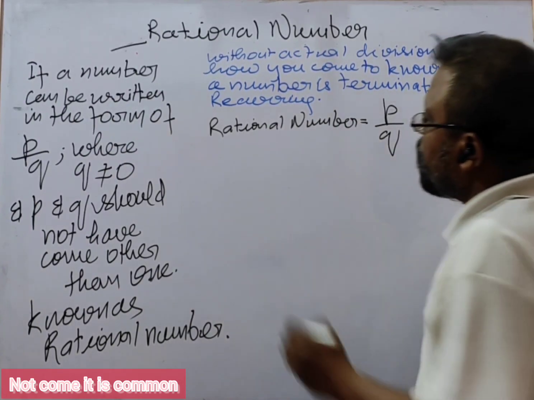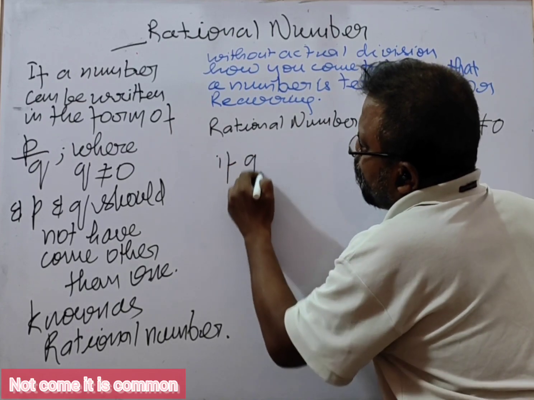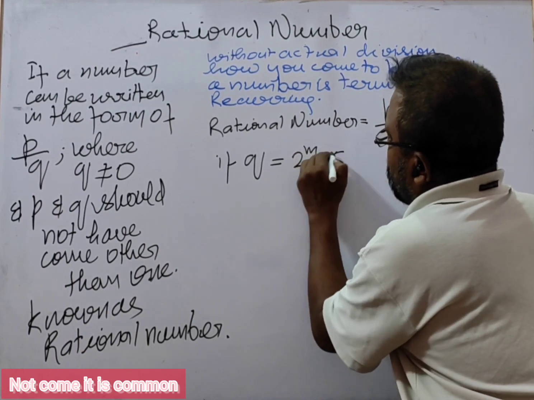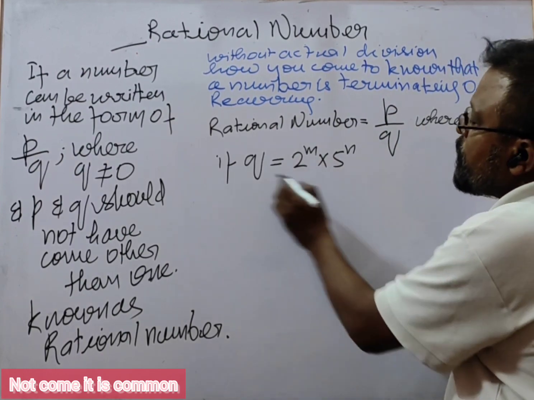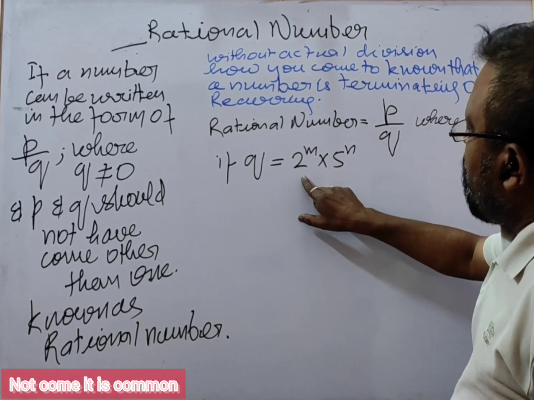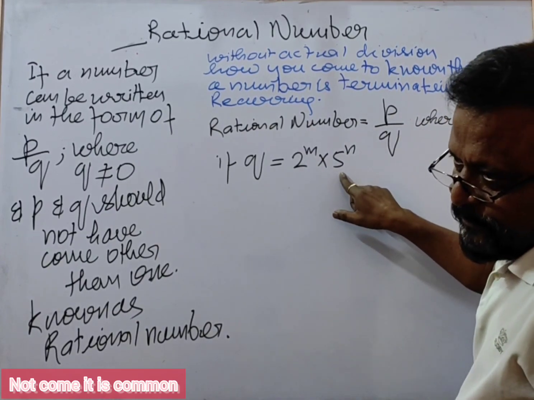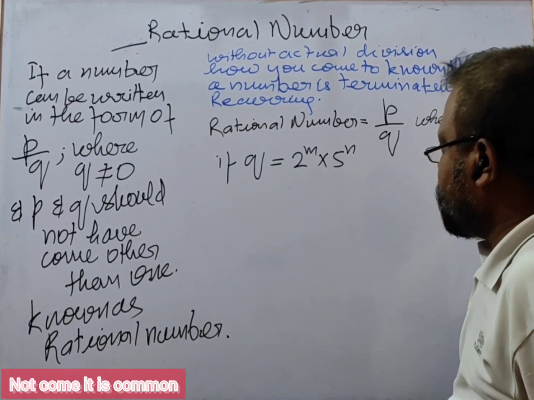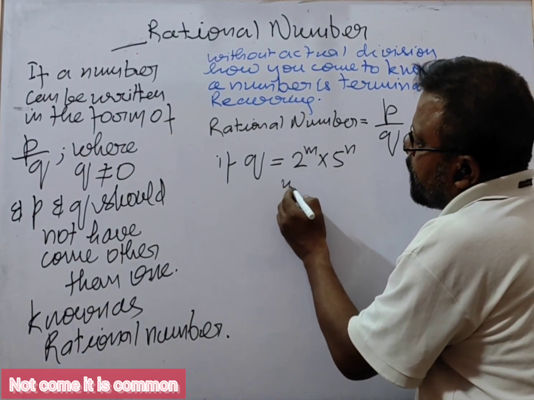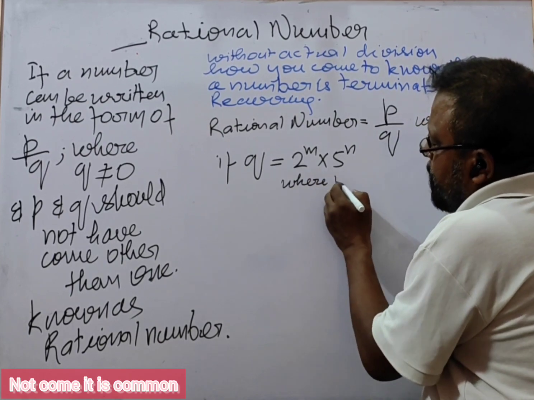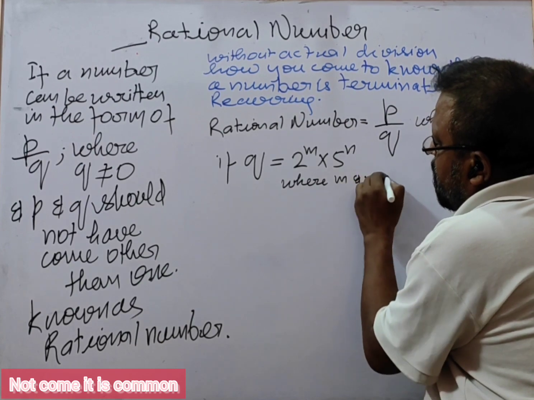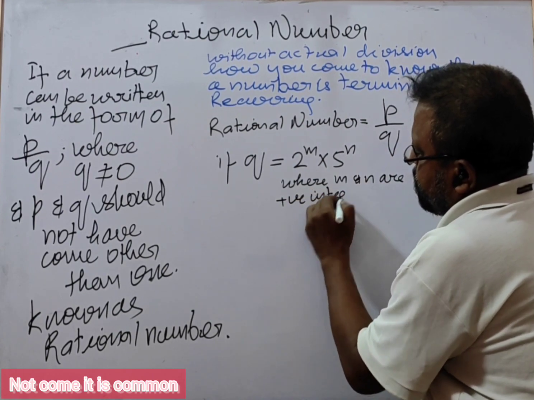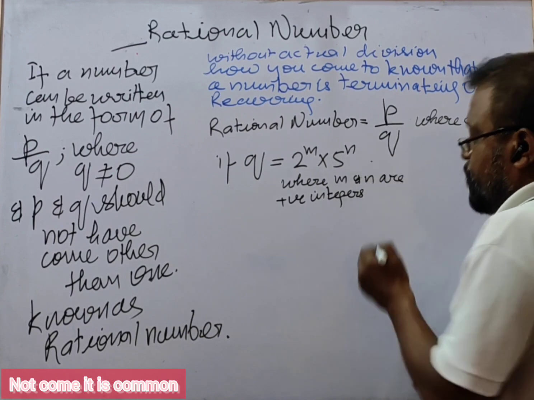Now if Q can be written in the form of 2 raised to the power m into 5 raised to the power n, where m and n are positive integers, then it is